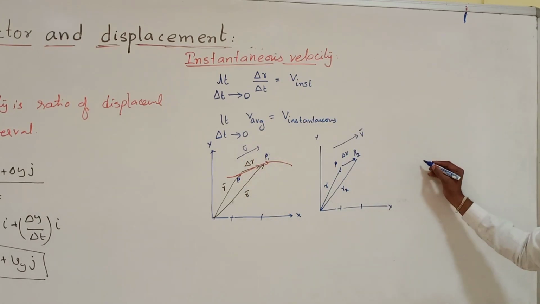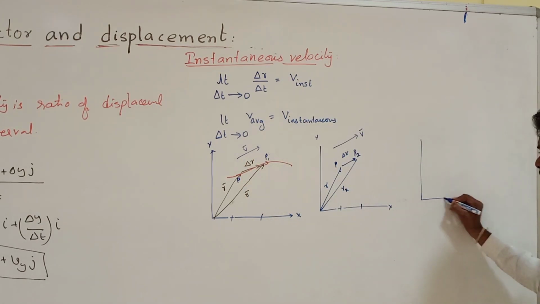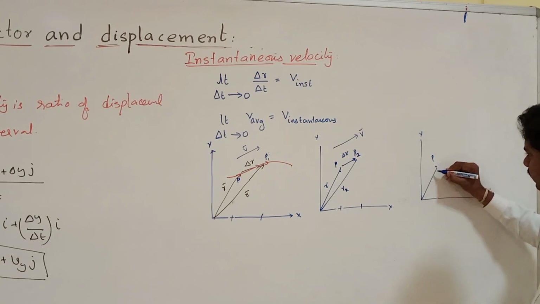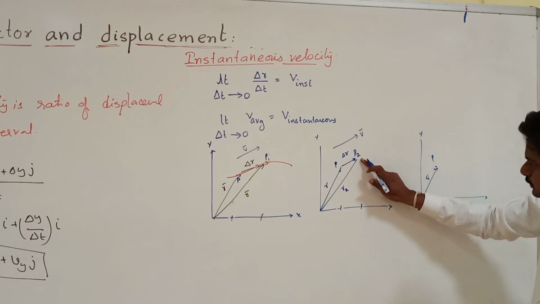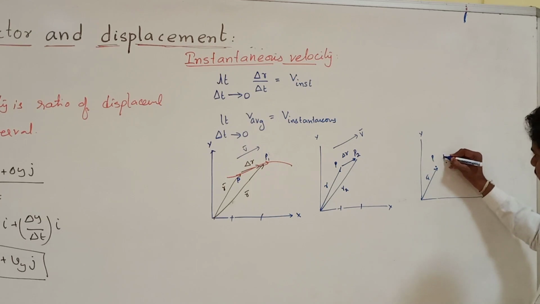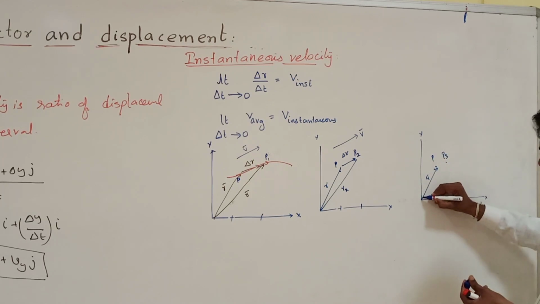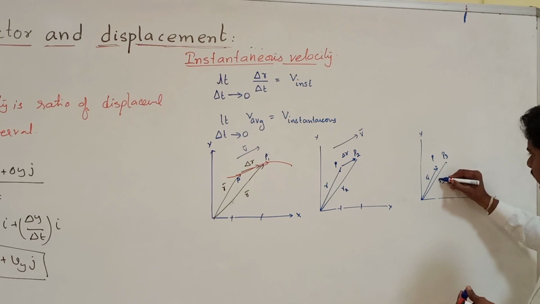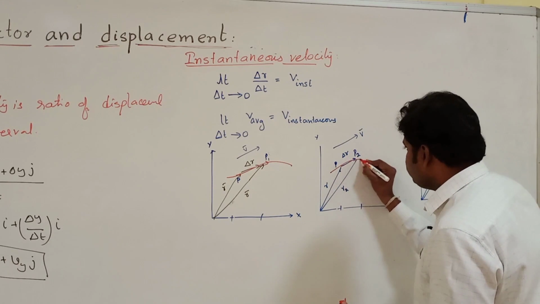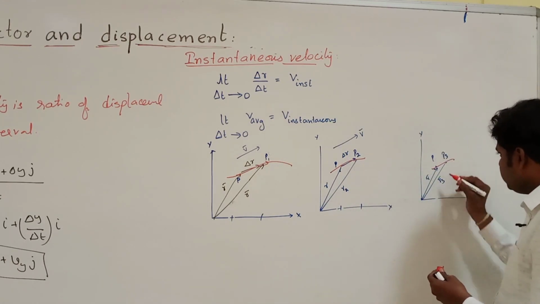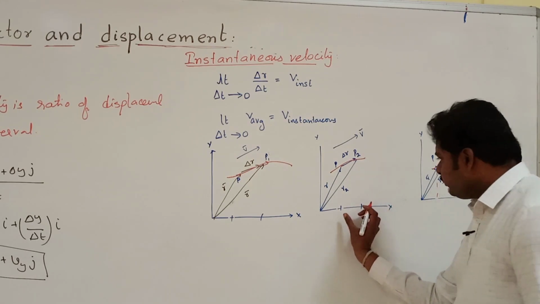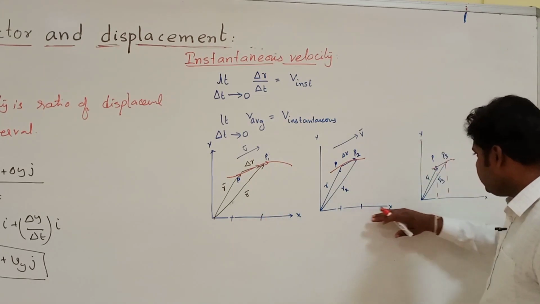And the third diagram: x y-axis and point P is fixed. This is the R vector. Now the point P2 again approaching a little bit toward P3, and this is called the R3 vector, and this is going along the curved path but approaching. So this delta T value is becoming less and less.